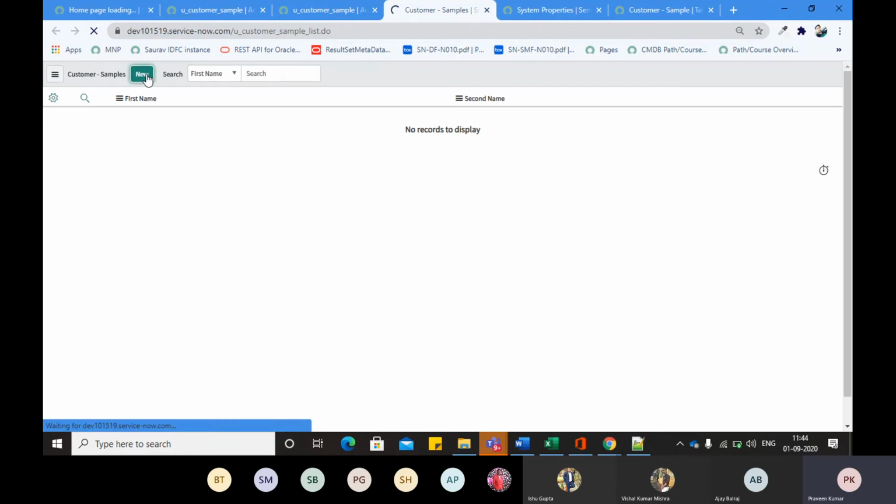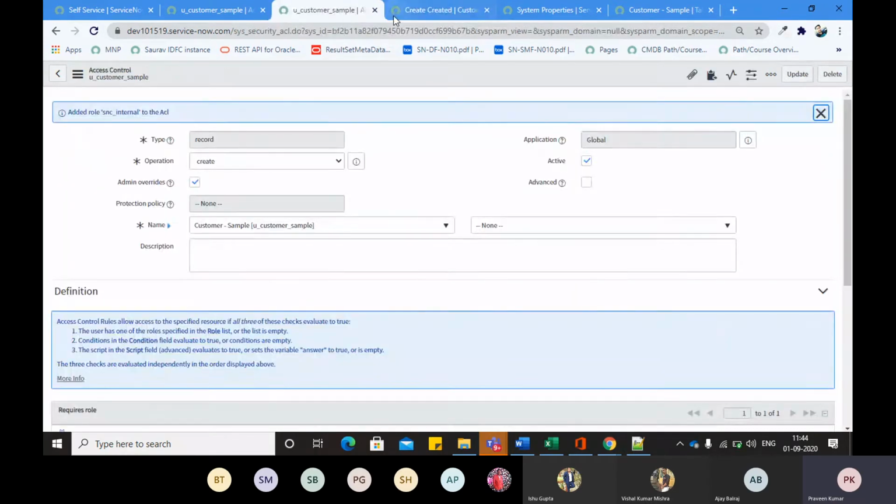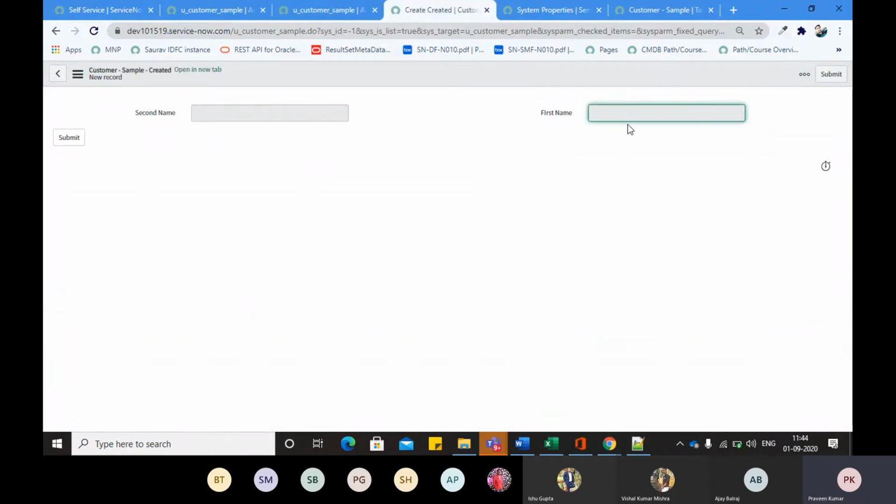Yes, the person can see the New button, he can create a new record. Right, the person can create the record, but the person does not have any field level access. He has the table level access but no field level access.